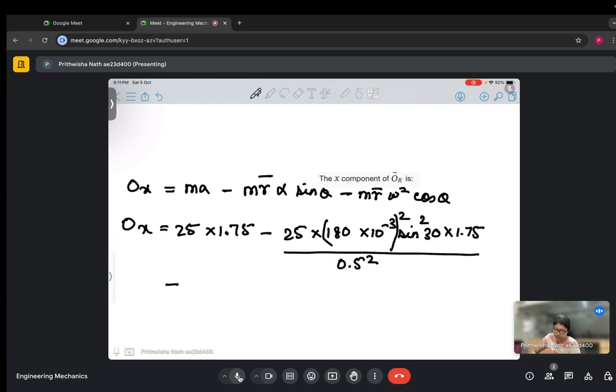mass is 25, (1.80) into 10 to the power minus 3 into omega we already calculated, so that is 0.58 square. Cos theta is cos of 30 degree. So therefore OX equal to